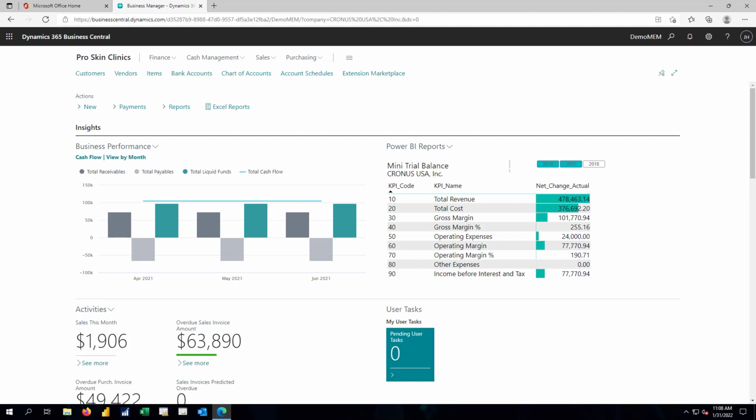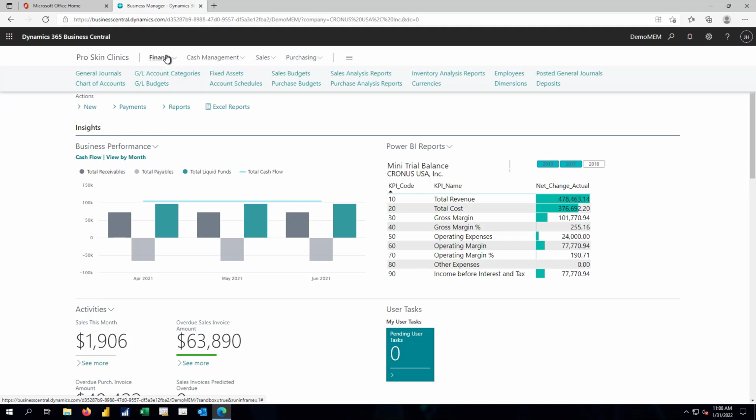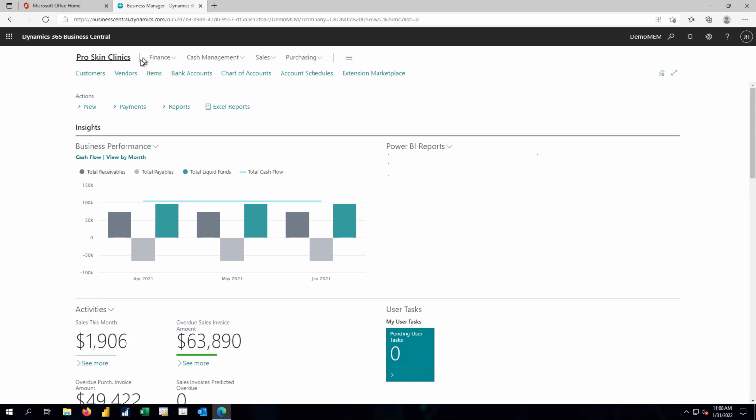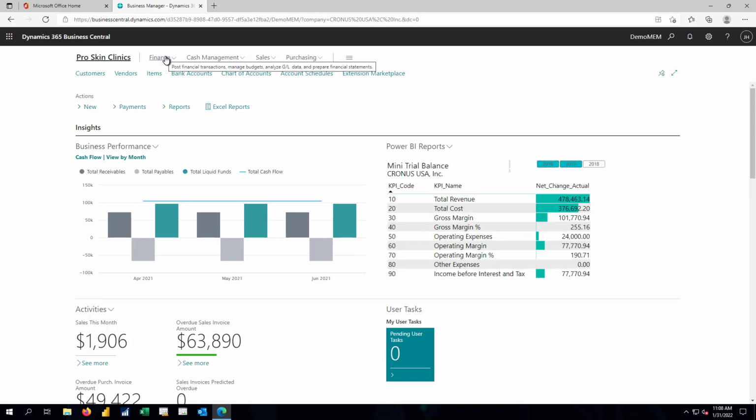Now, electronic banking is fully supported by Dynamics 365 Business Central, and we're simply going to leverage that here within our D365 Health implementation. I'm going to return to the Finance drop-down here on my home page, and we can simply talk about electronic banking. With electronic banking, we get the added benefits of